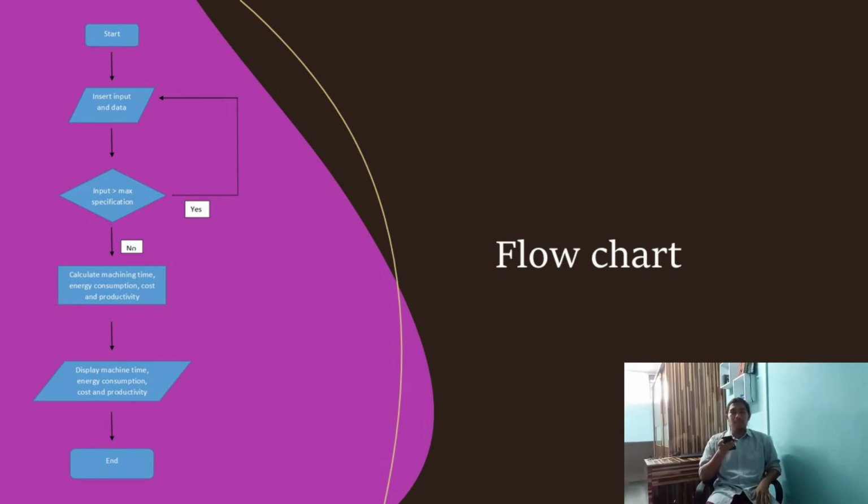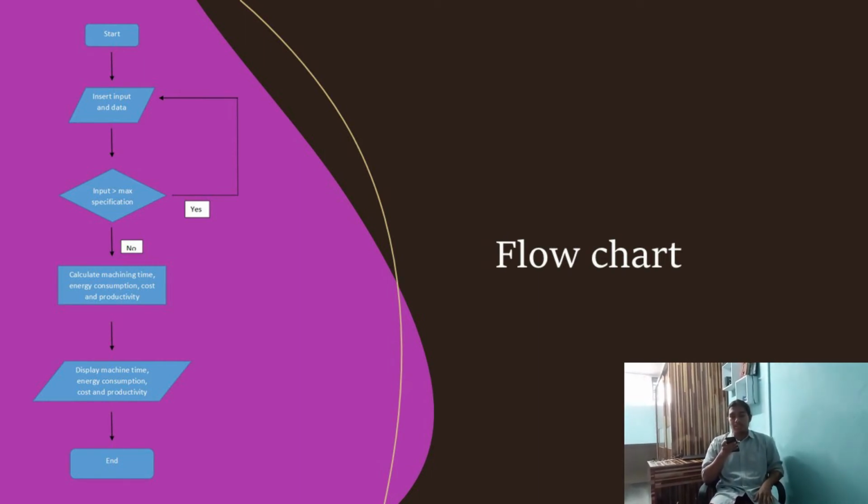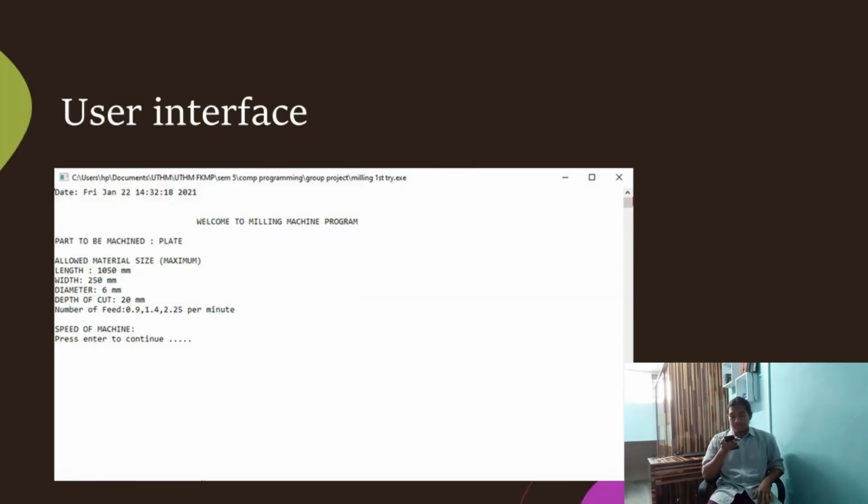If the input does not exceed the maximum specification, it will go through the process. For the process, we need to calculate the machining time, energy consumption, the cost of the product, and the productivity per day. And then for the output, display the machining time, energy consumption, cost, and productivity.